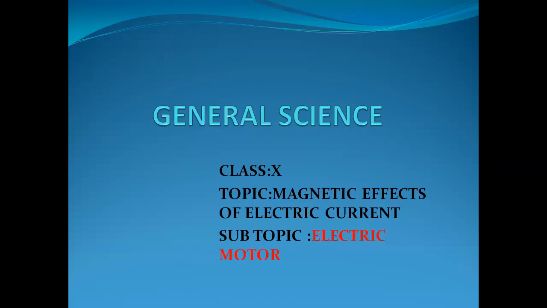Good morning, children. Last class, we have seen about magnetic field, properties of magnetic field, then magnetic field lines, Fleming's thumb rule, left hand rule. Then we have seen about the magnetic field due to a current through a circular loop, due to a current in a solenoid. Then we have seen force on a current carrying conductor in a magnetic field, isn't it? So today we are going to see about electric motor.